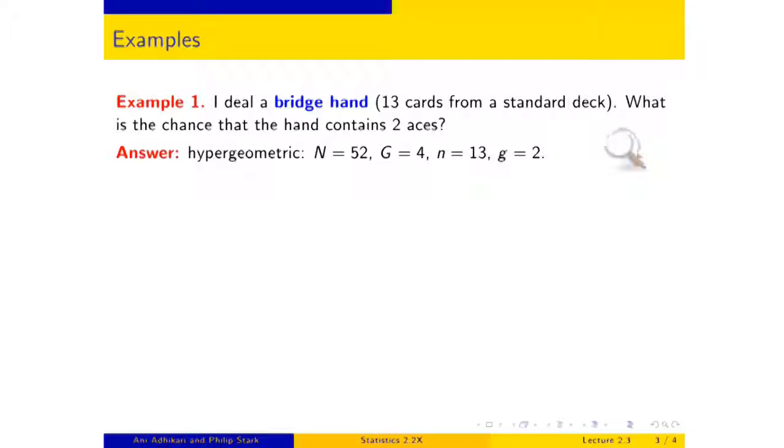So all we need to do now is plug in to the formula that we developed. The total number of possible hands is 52 choose 13. The number of hands with 2 aces is number of aces, choose 2. Number of non-aces, choose the rest of the cards. And you'll have noticed that good elements plus non-good elements adds up to the total number of elements. Good elements in the sample plus non-good elements in the sample adds up to the total number of elements in the sample. And if you do all of the cancellation in here, you will get